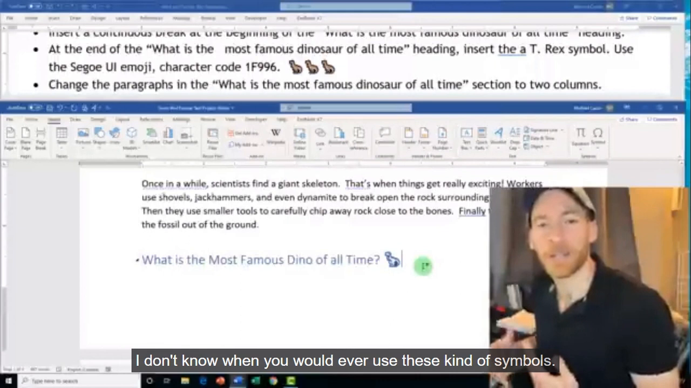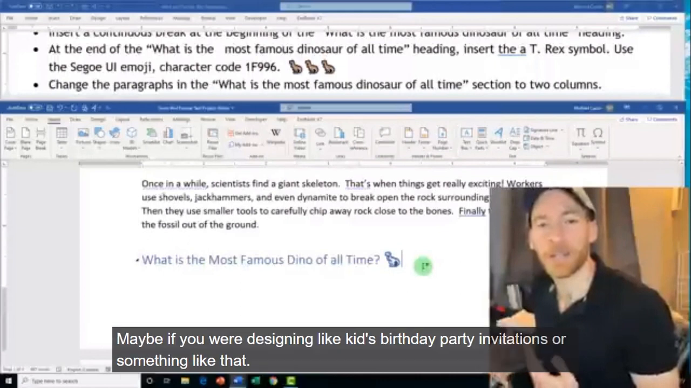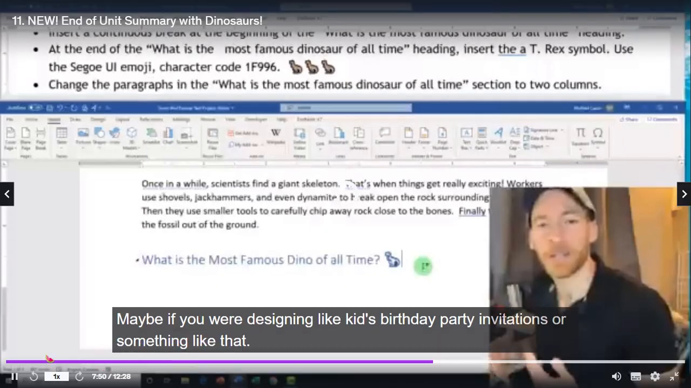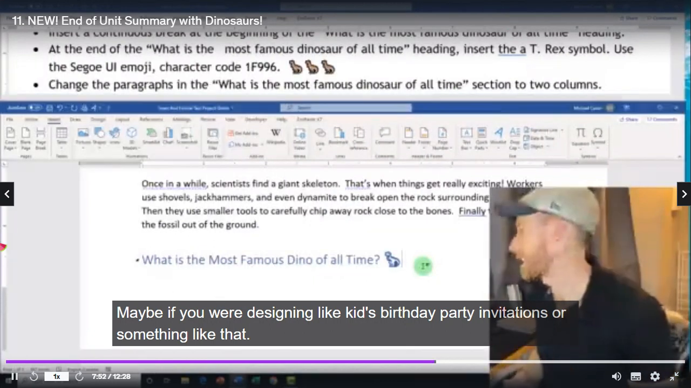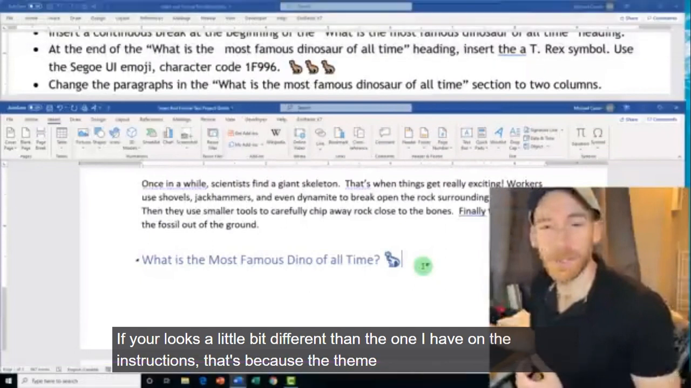I don't know when you'd ever use these kind of symbols. Maybe if you were designing like kids' birthday party invitations or something like that. If yours looks a little bit different than the one I have,